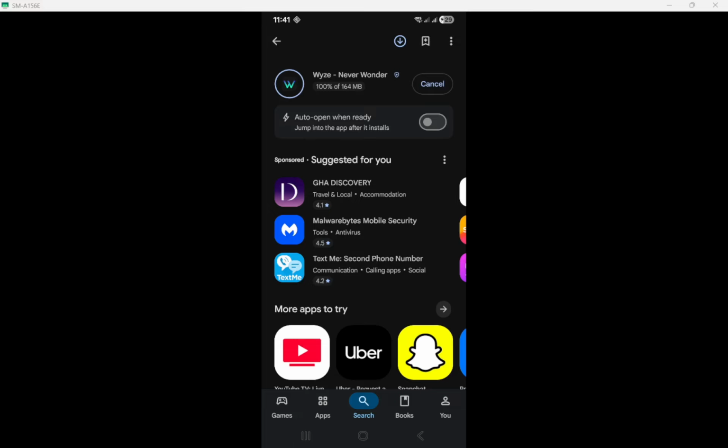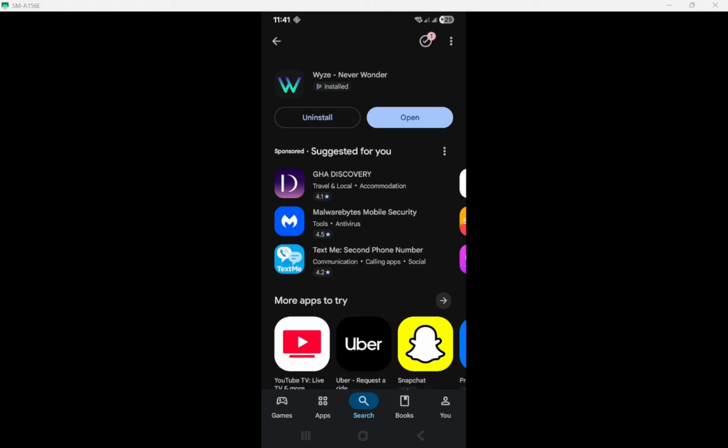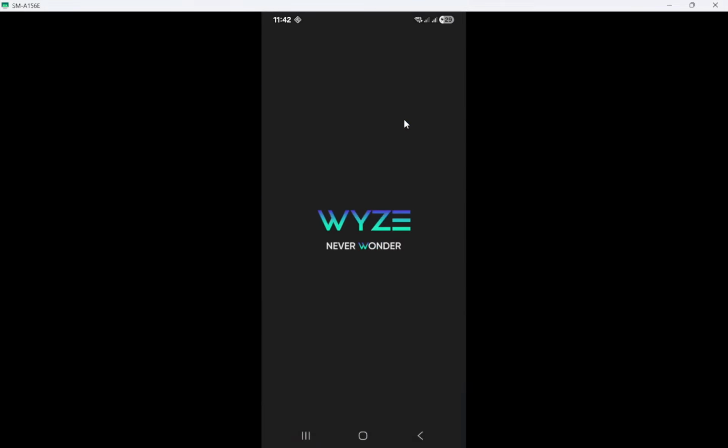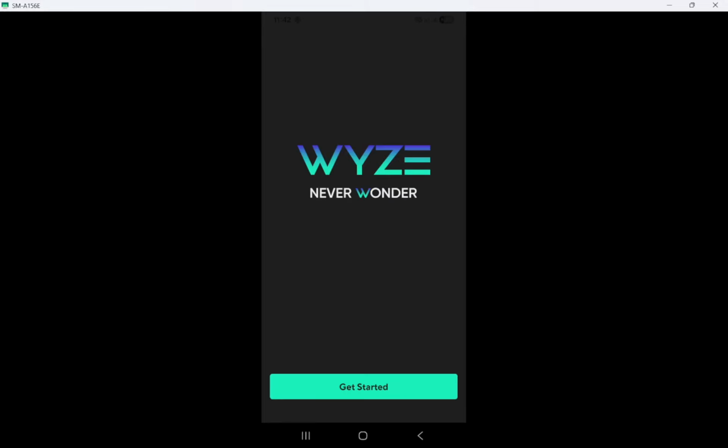Remember, having the app installed on your phone is the first step towards taking full control of your smart home devices. This app will make managing your home security and automation much more convenient. By following these steps, you're well on your way to enhancing your home with smart technology. Keep in mind the compatibility requirements and Wi-Fi setup, as these small details make a big difference.